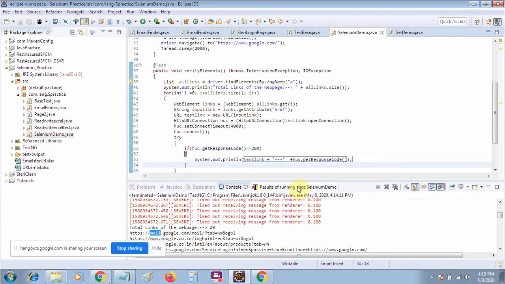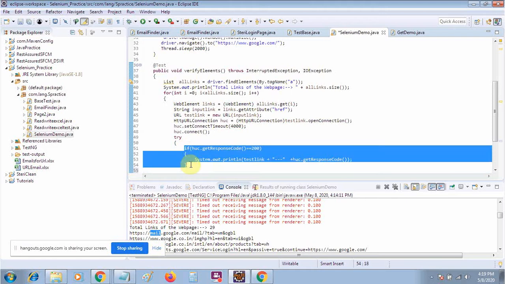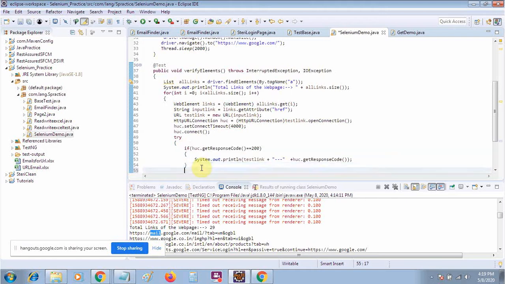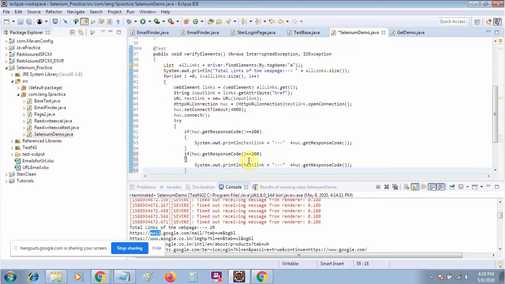So I will again put some code like this one, same. If the link is working fine, then you will get the 200 code, and you can print it out. If it is not equal to 200, what will happen?